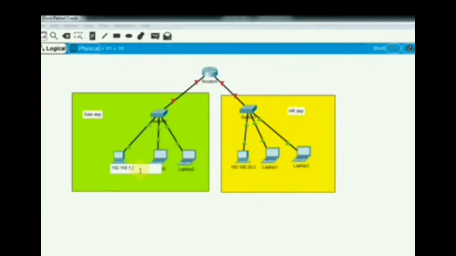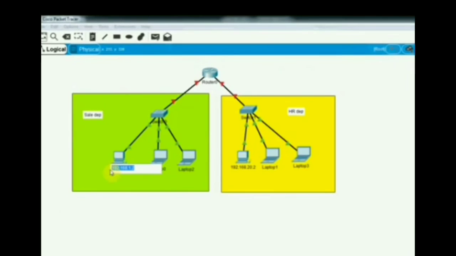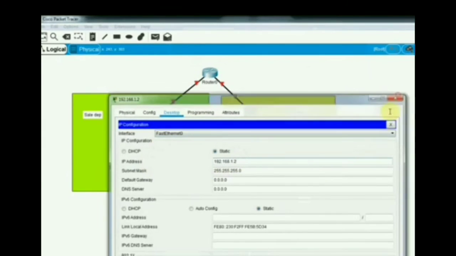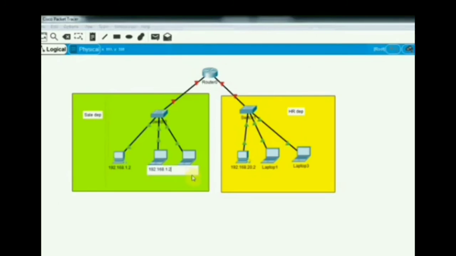We are going to give the IP addresses to the router also, 1.2. Here I will copy this and paste here. I write the computer here 1.2, then here it will be 1.3.